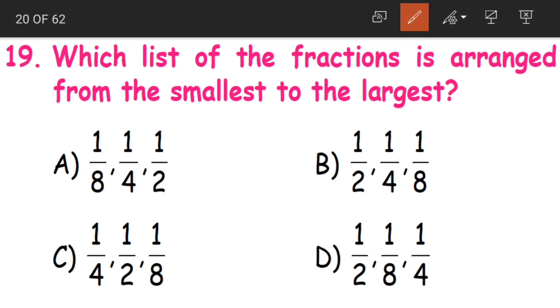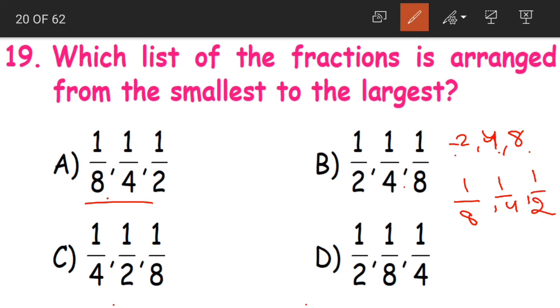Just what did I say? See, in fractions, what are the numbers that we have here? 2, 4 and 8. See, in normal numbers, 2, 4 and 8 is the arrangement of the numbers from smallest to largest. What happens in fractions? The reverse. First 1 by 8 becomes the smallest, then 1 by 4, then 1 by 2, children. Okay, apply the opposite rule.